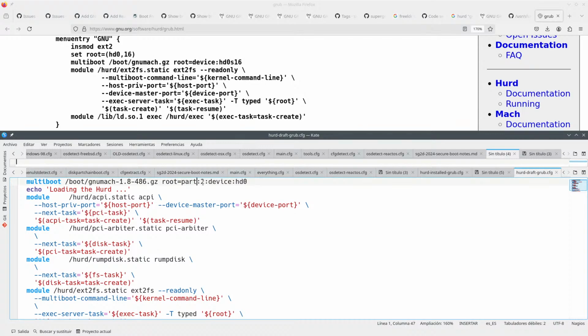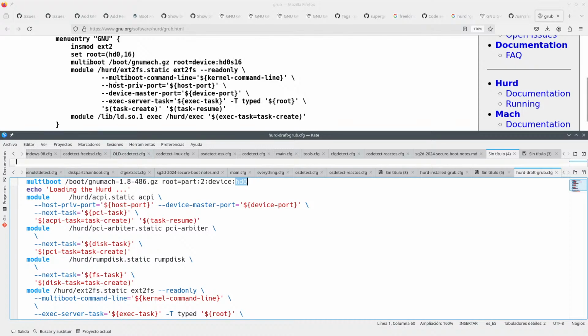So first of all the partition, then the Grub2 hard disk thing. So we will be able to use the root partition or whatever. So we need to have some functions here to get the Hurd stuff.